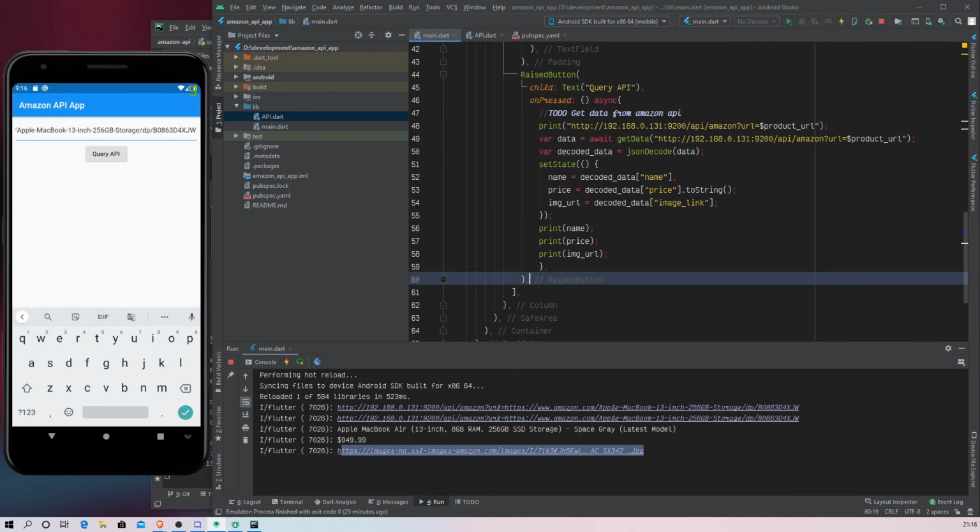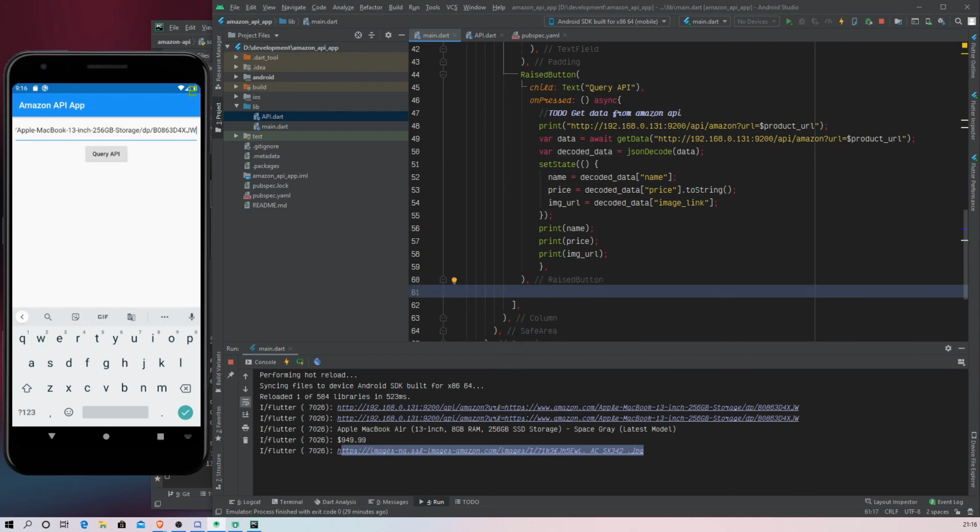So now after this raised button, we can create a text widget, and we can create something. I think it's called a ternary operator, I'm not sure, but basically instead of writing an if statement and changing variables, for small things like just checking whether the value is null and then choosing what should be displayed, we can do something simple like this. So we're going to be displaying the name here.